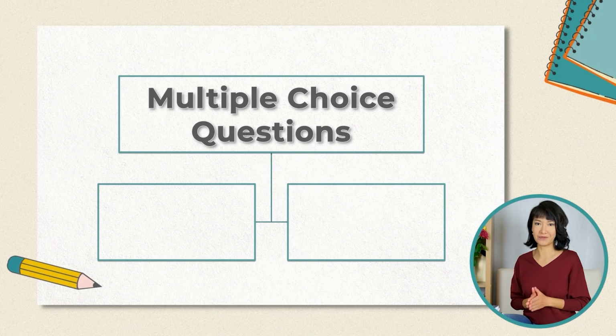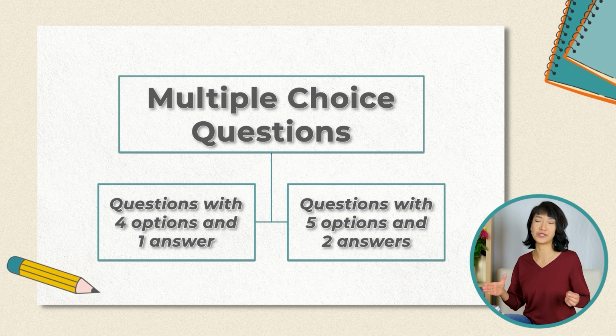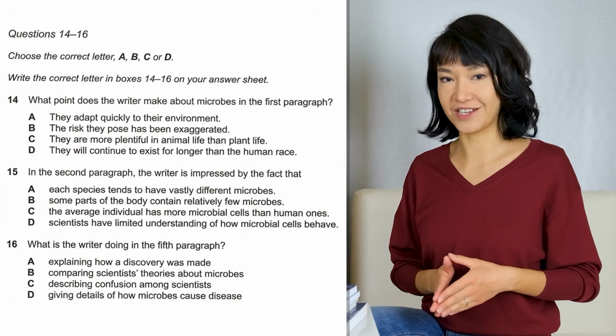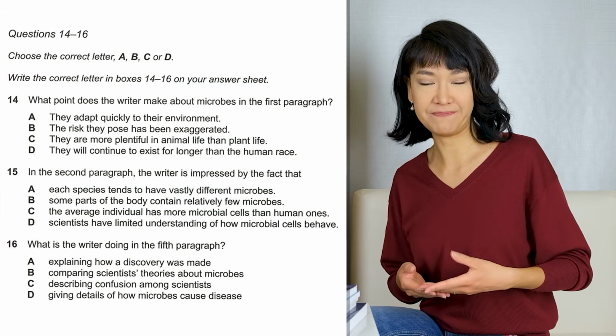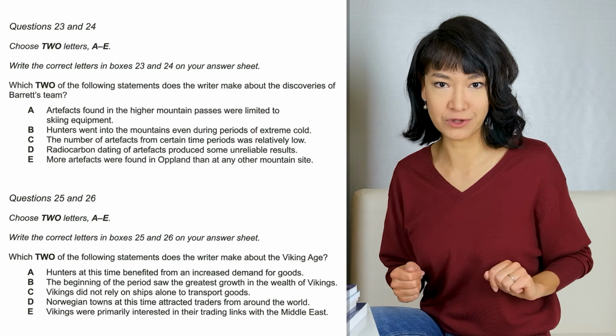Okay, you can find multiple choice questions in sections 2 and 3 of the IELTS reading test. There are 2 types of them, questions with 4 options and 1 answer, and questions with 5 options and 2 answers. In questions with 1 correct answer, you must choose between 4 options, A, B, C, or D. In the other type, you must choose 2 letters from 5 options. One type of these questions is much more complex than the other, but let's examine the strategies for both of them